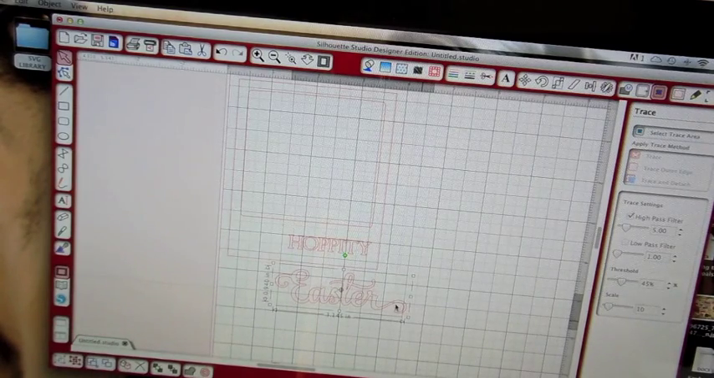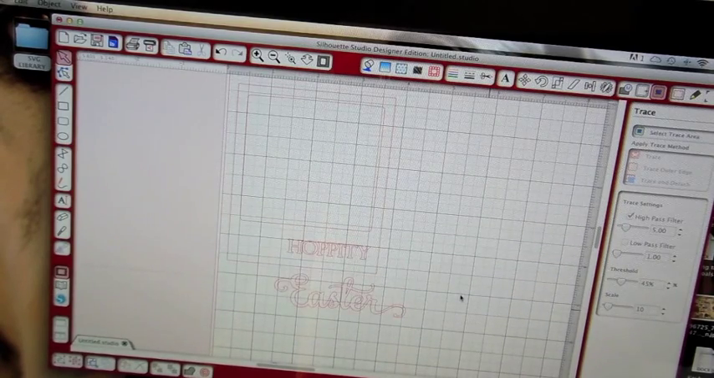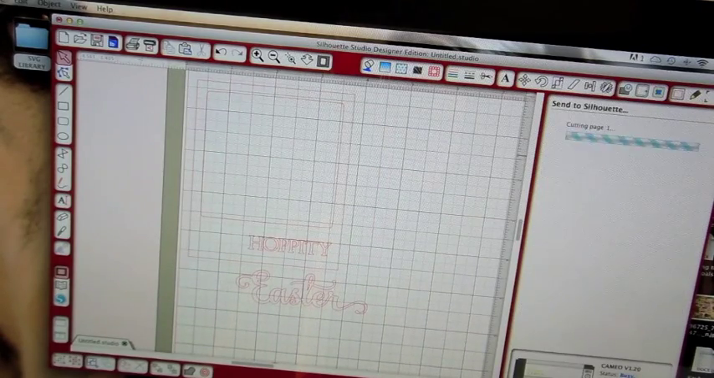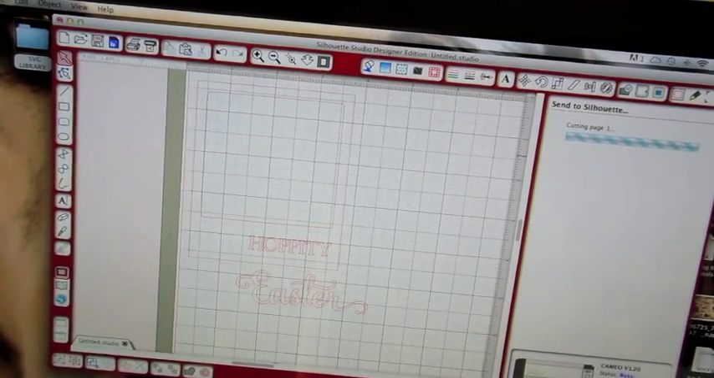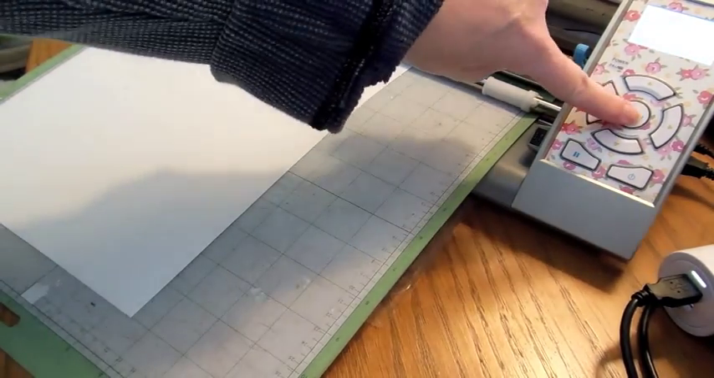that'll work. Alright, so I'm going to cut this out of white 110-pound cardstock because I'm going to cut it out of glitter cardstock, and the glitter cardstock is pretty thin, and so I want a really nice sturdy base. So I'm just going to do this. I'm going to cut this now. So you see what happens. Alright, so here's my cut, and I'll just unload it